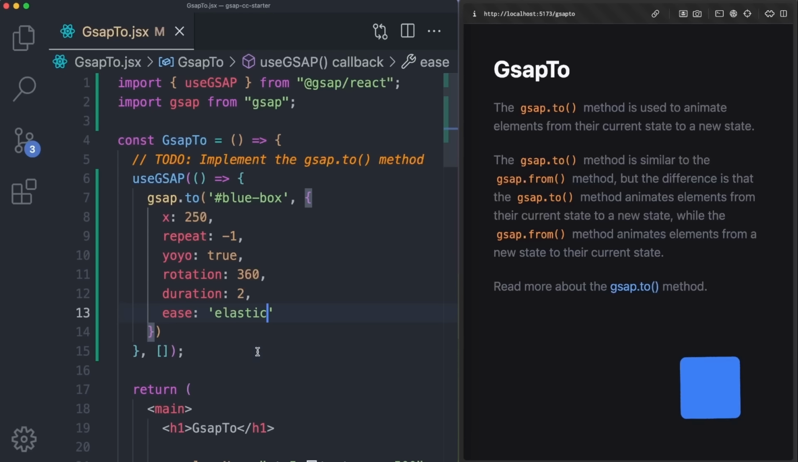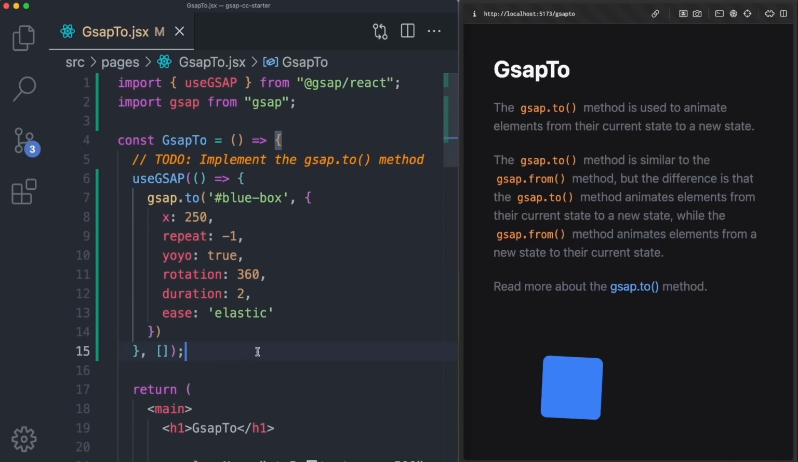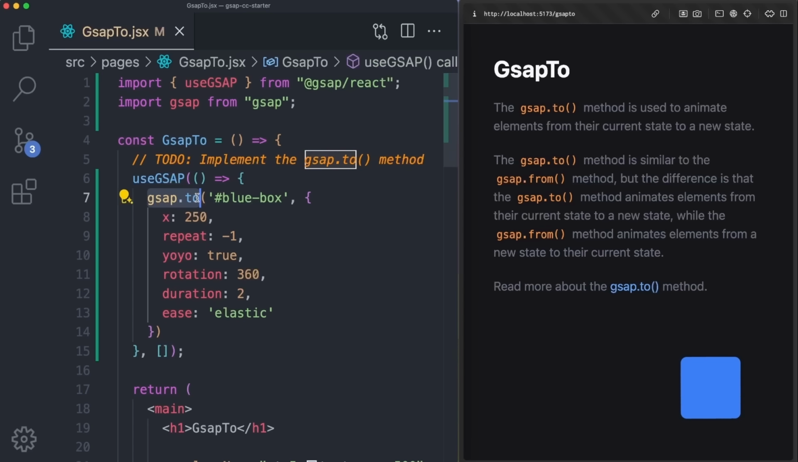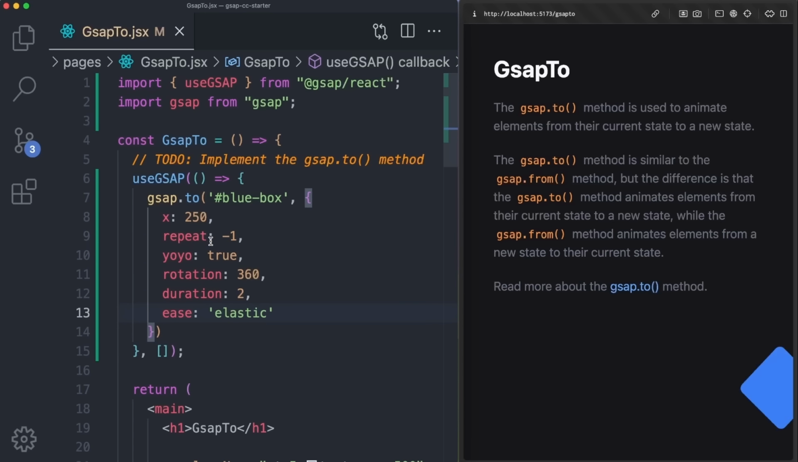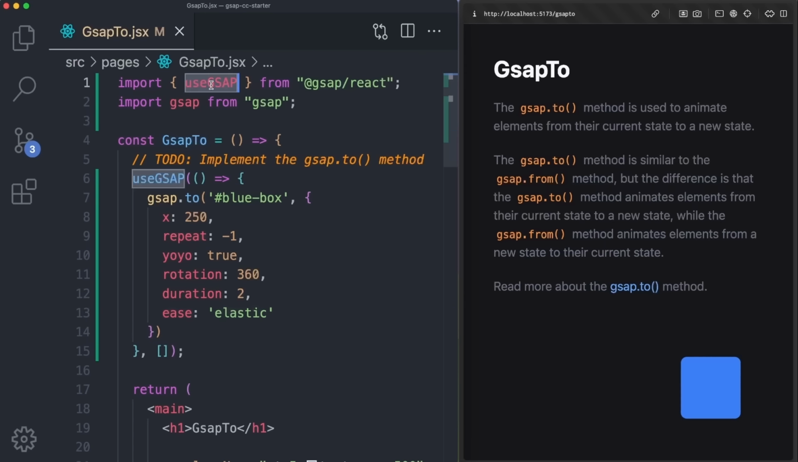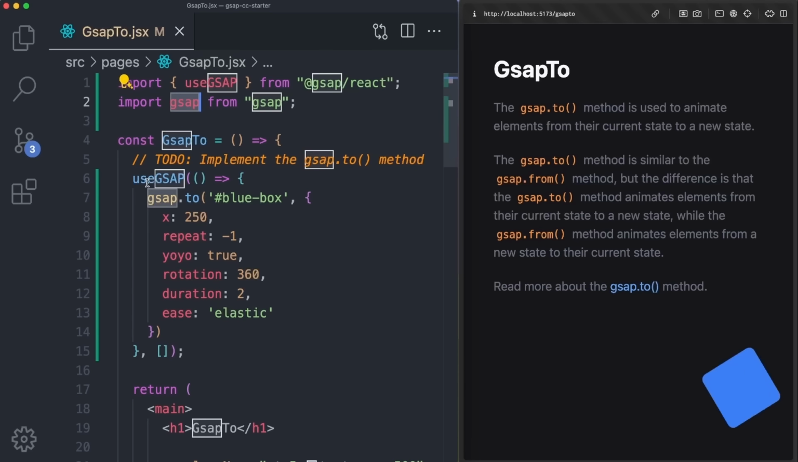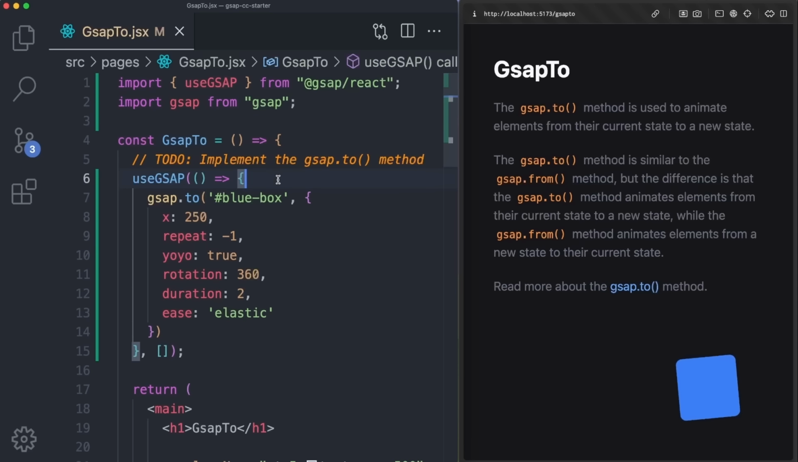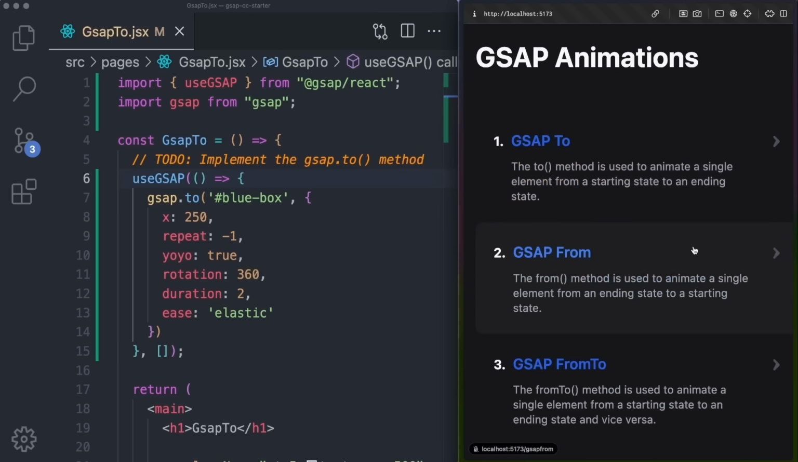But with this in mind, you just learned how to use one of the fundamental methods in GSAP, which is gsap.to, which accepts an ID, which is an identifier, and then properties you want to apply to the element you're targeting. You also learned how to apply animations using the useGSAP hook and GSAP within React. So with that in mind, let's go back to the homepage and navigate to the second method of the day,